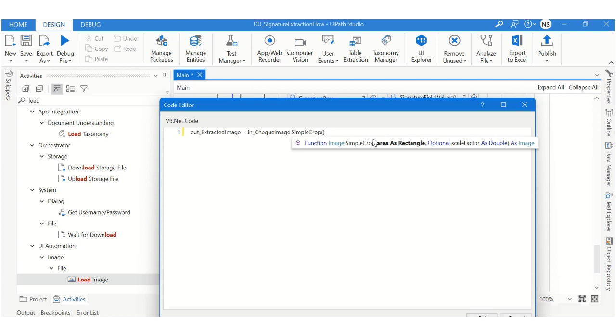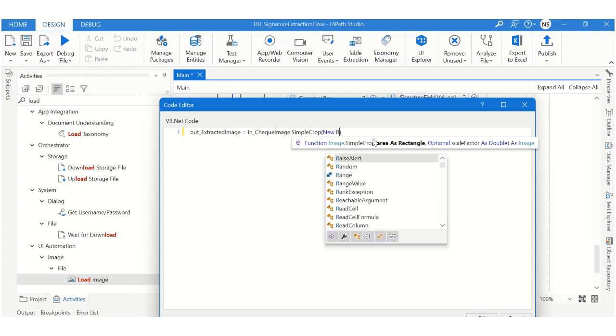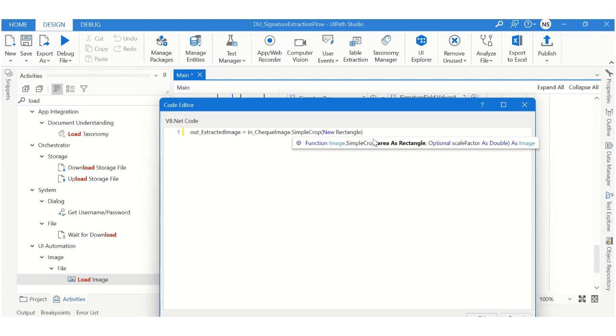The box area is nothing but a new rectangle. And for this new rectangle I need to pass the four inputs: height, width, and everything. Those I'll be getting from the box only. So our variable is signature box dot